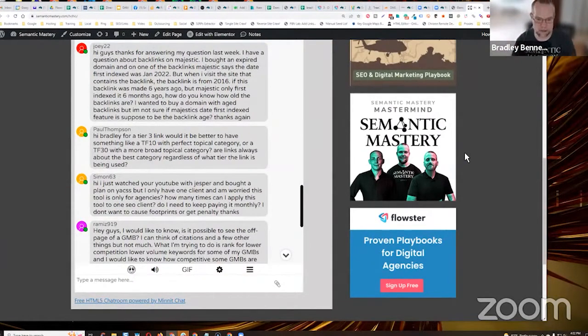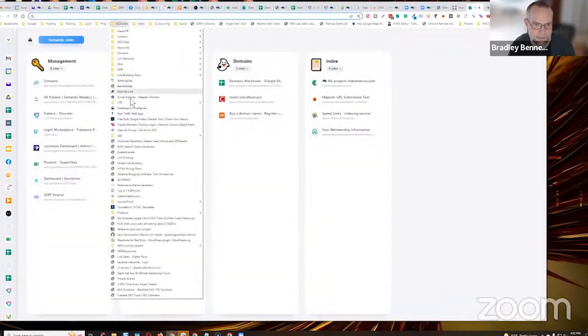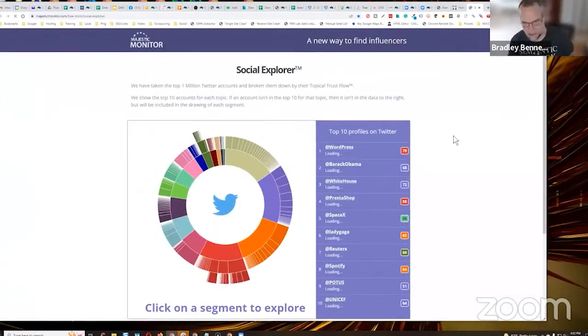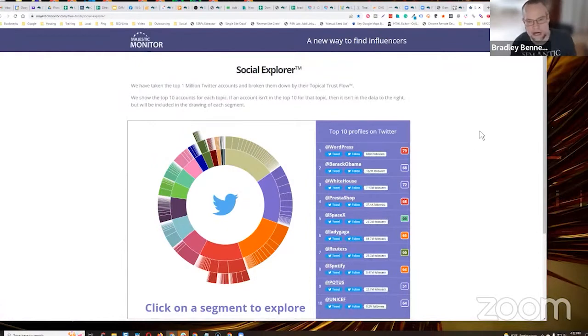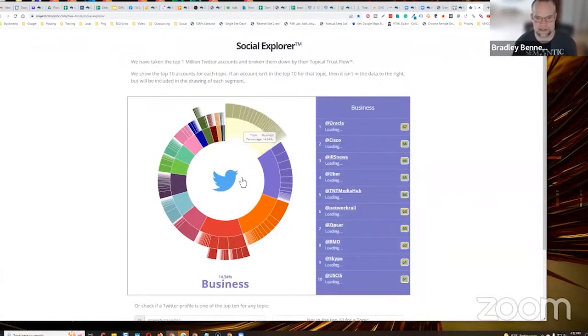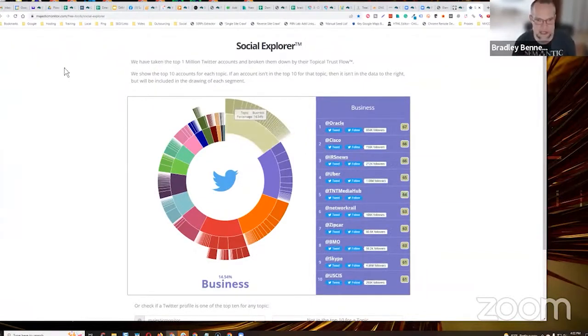So for example, in Majestic, let's just use business as an example. Here, I'll pull this up. This is an old diagram, but I use this to look at topical trust flow categories in Majestic. So this is business here. Business is the broad category. It's the top level, right? So there's business, society, arts, computers, reference. Those are all top level categories, the inner rings here. But then there's all the subcategories, the more specific categories within the business top level category, right?